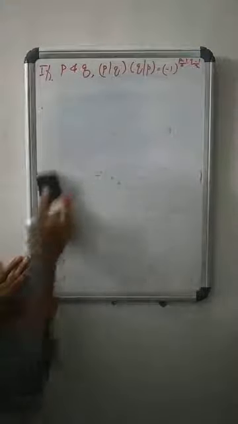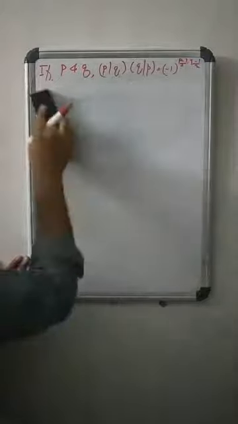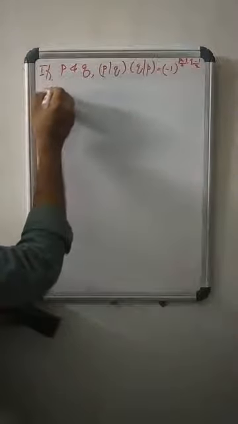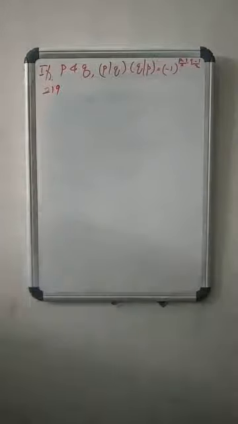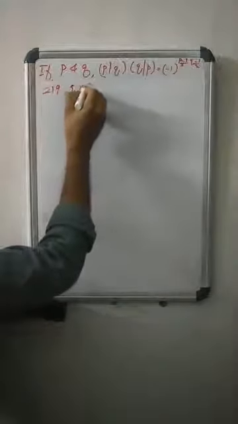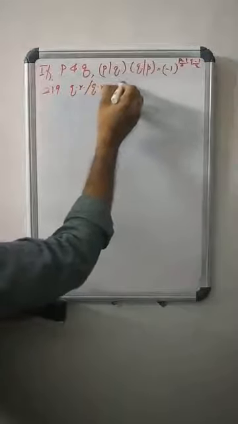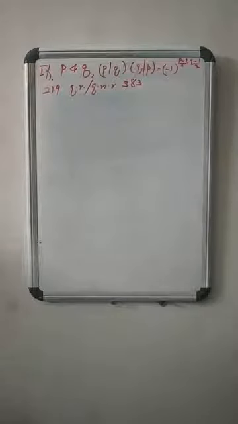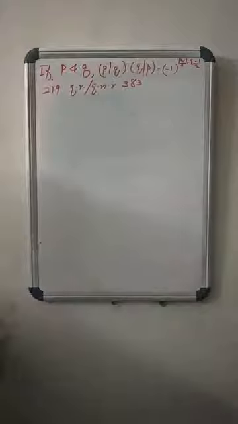Means, an application of this quadratic reciprocity law. So our question is, determine whether 219 is a quadratic residue or quadratic non-residue of 383. Check whether 219 is a quadratic residue or quadratic non-residue mod 383. How? So consider